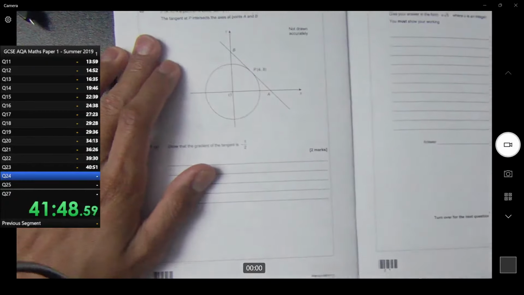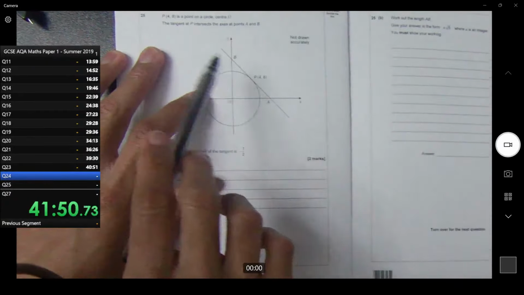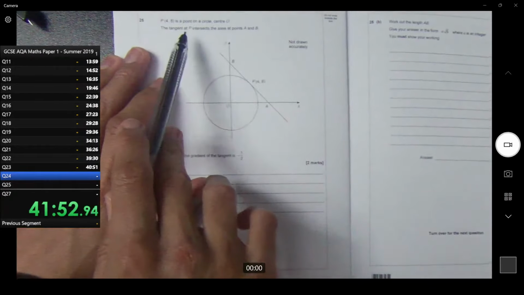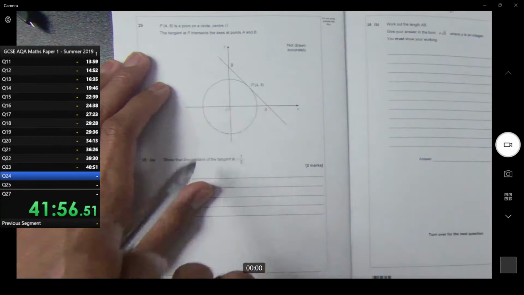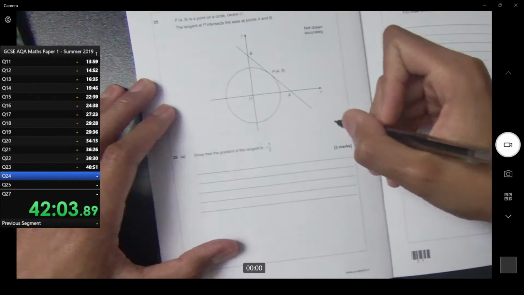Right, so this question here, P is 4, 8, a point on the circle, center 0, tangent at P intersects the axes at A and B, show that the gradient of the tangent is minus 1/2. Well, that's easy because